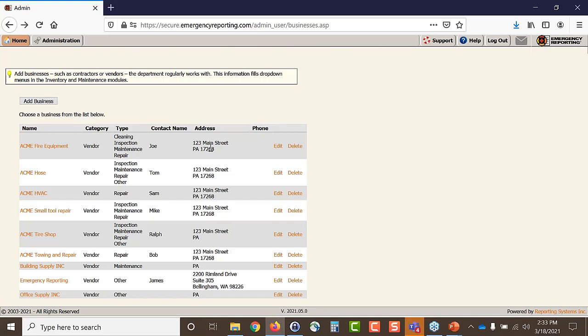You can generate an email at the end to say, hey, I have 10 sets of gear that need cleaned. Can you call me at such and such to arrange for pickup, right? Make sure they're on this vendor list. The other nice area where this will help you out is when you come in here and you set up